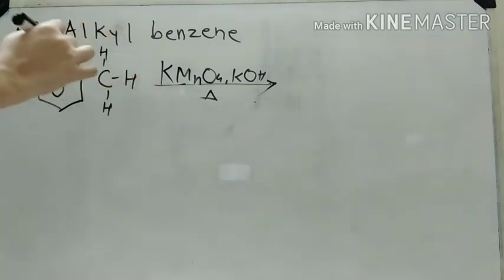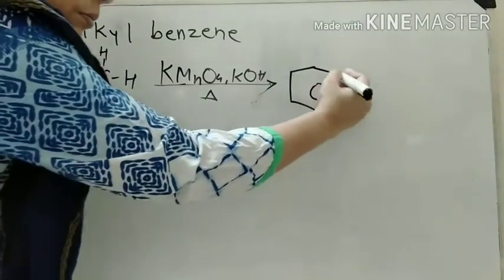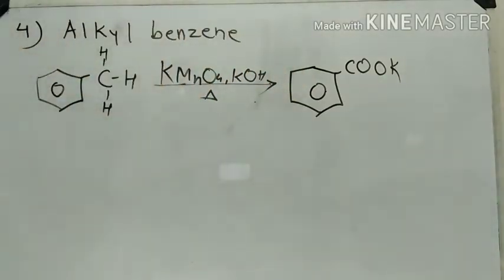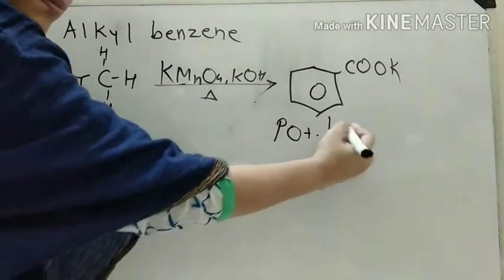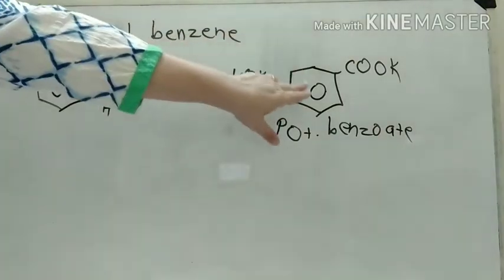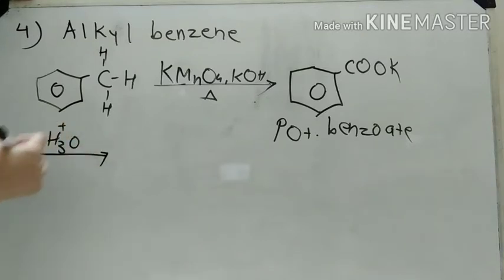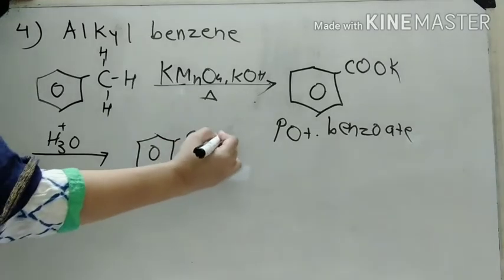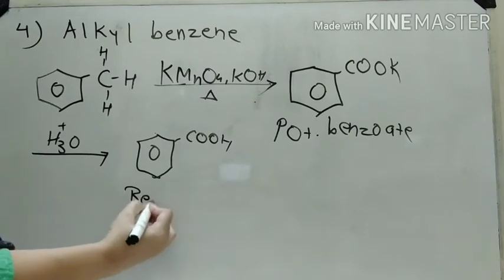So this CH3 group changes to the COOK group, known as potassium benzoate. This potassium benzoate undergoes step number 2, hydrolysis. Then it changes to the acidic group COOH. So we are getting benzoic acid